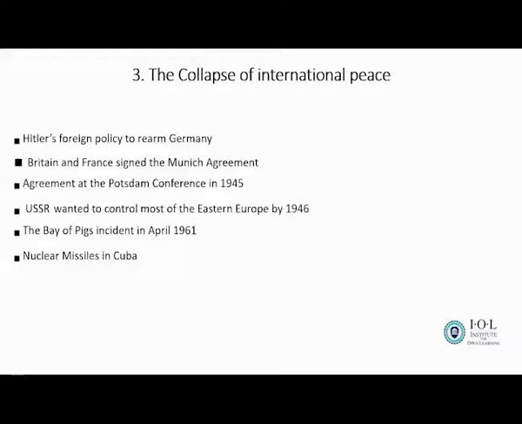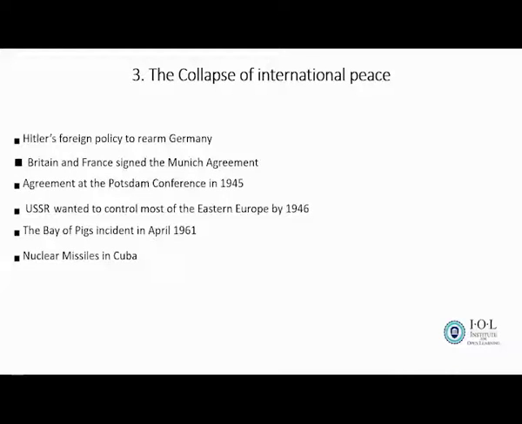Weapons were increased. Remember, they agreed in 1919 that weapons should be reduced. So what Hitler did was start rearming, increasing the weapons in Germany, because he said he wanted to bring Germany back to how it was before the beginning of the First World War. Because now Germany was weak, he wanted to make Germany a strong country again.